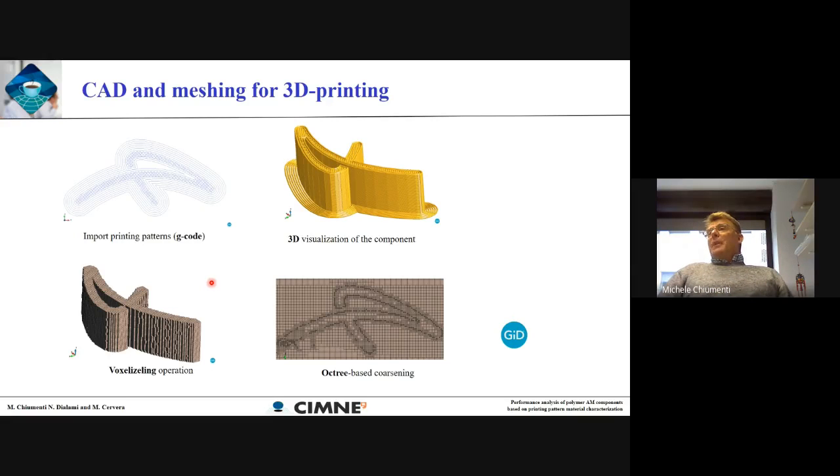And I want to conclude my talk by telling you that typically the printed components are really complex components because of the very complex printing pattern, because of the definition of the lattice structure, because typically industrial components are really complex. So we are spending a lot of time to generate the meshes to simulate our component. So one of the ideas, particularly thinking of an industrial use of the software tool, is that what we need is to